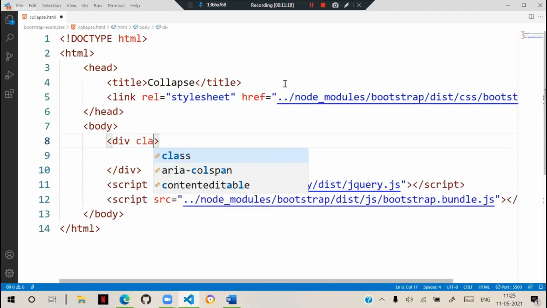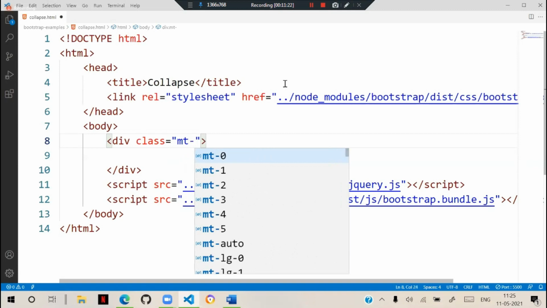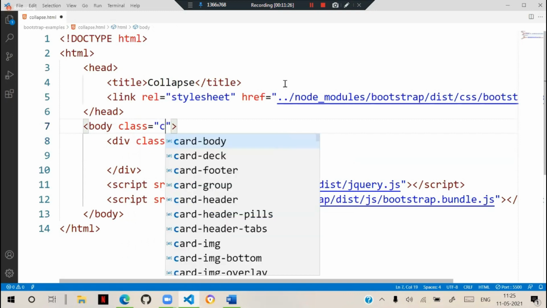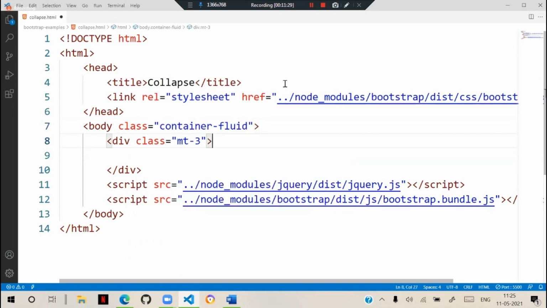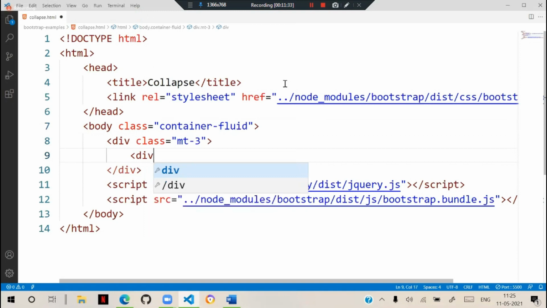Now here I'm designing a div with class margin top 3, and this class is container-fluid. And here we keep a div, and we are creating the definitions.